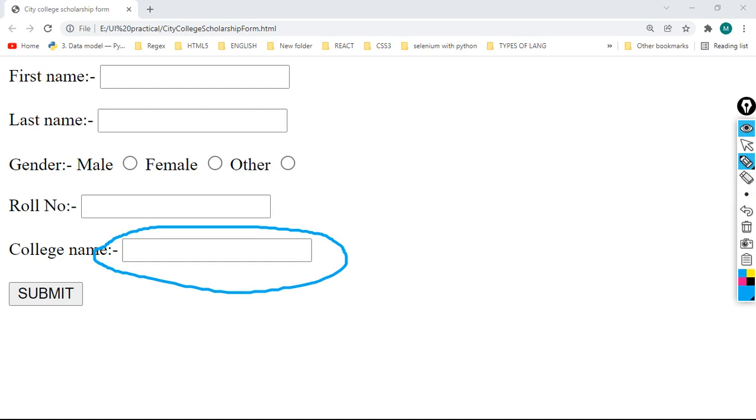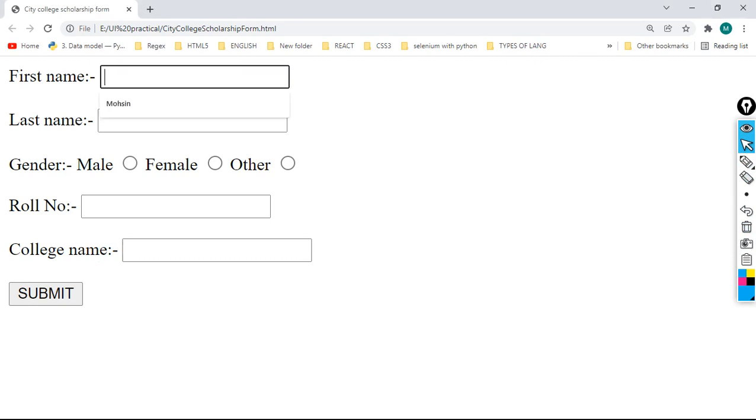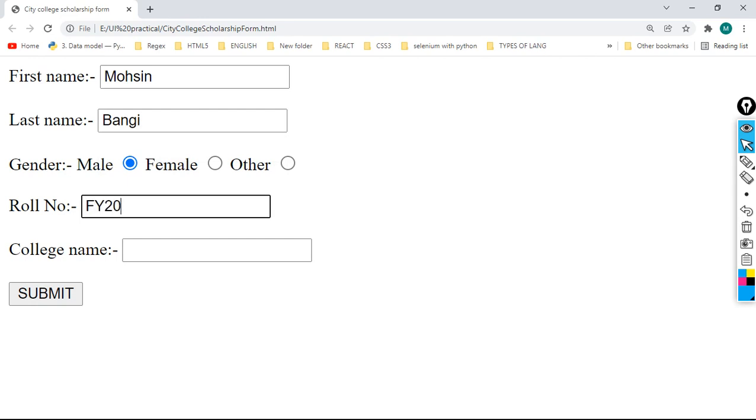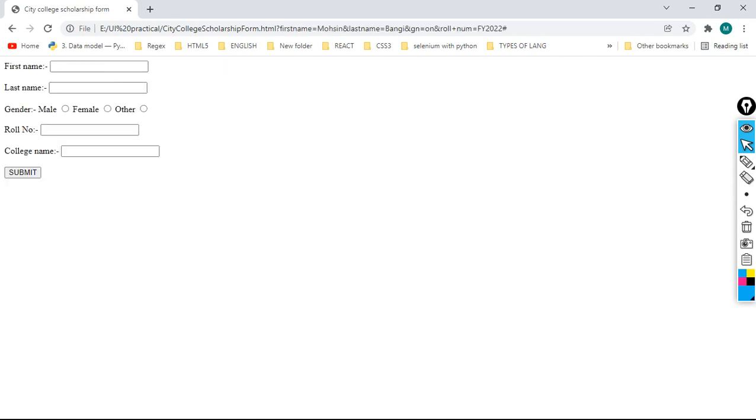Okay. So what I will do, observe carefully. I will fill the form. Okay, name of the student is Mohsin, last name of the student is Bangi, gender is male, roll number is FY 2022, and college name is City College. But here we can submit our form. Fine, form is submitted. See, observe here carefully. From here